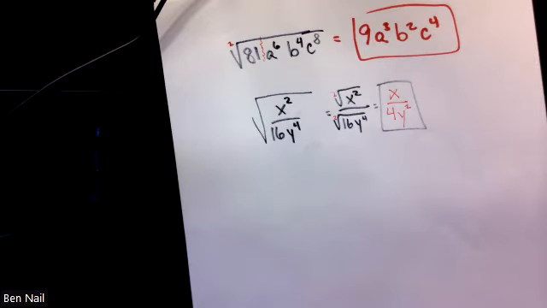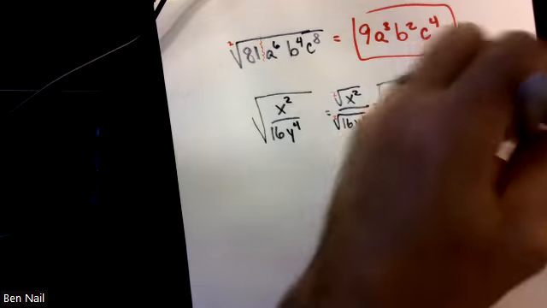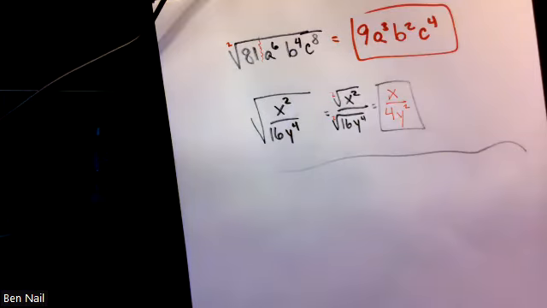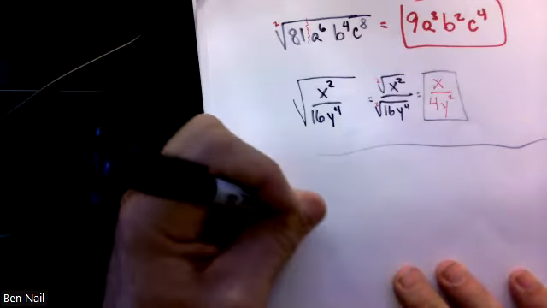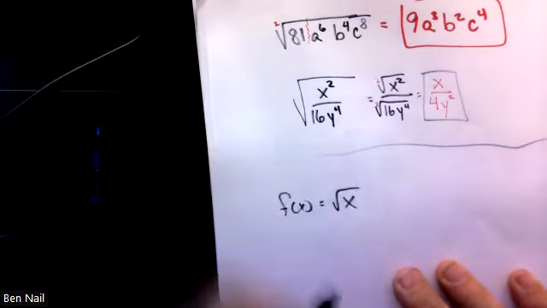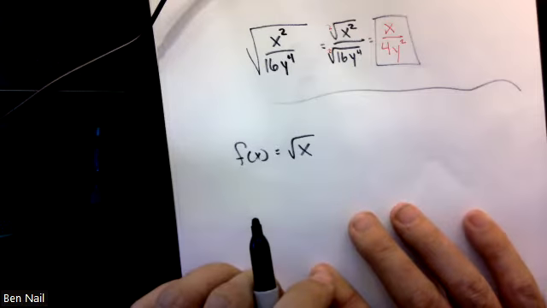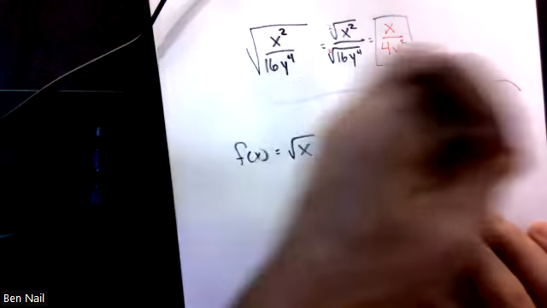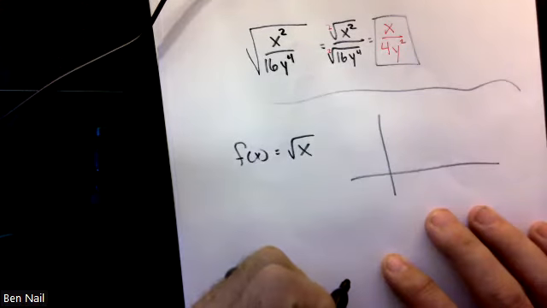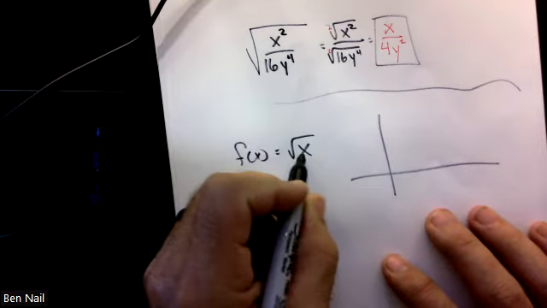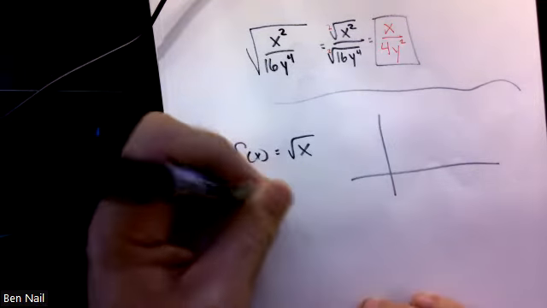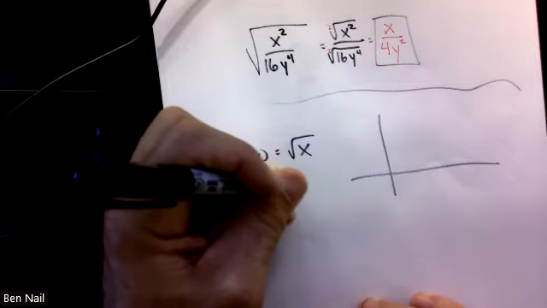Now, the last thing they have you do, and they just throw this in kind of all willy-nilly in this section, is they have you look at the graphs of a radical function. So just real quick. The graph of a square root function kind of looks like this. So we can't plug in negative numbers because they're not real, but if we just make an XY chart,